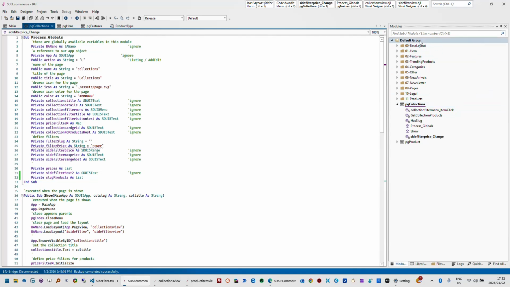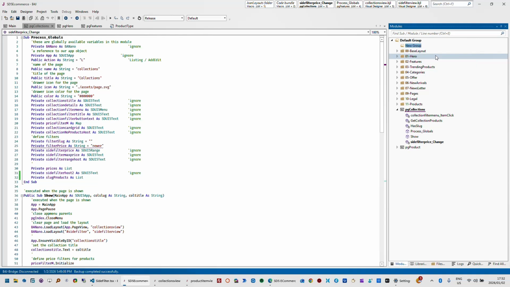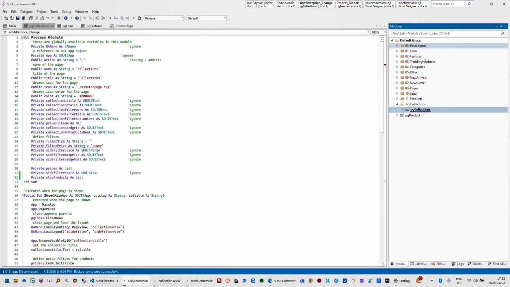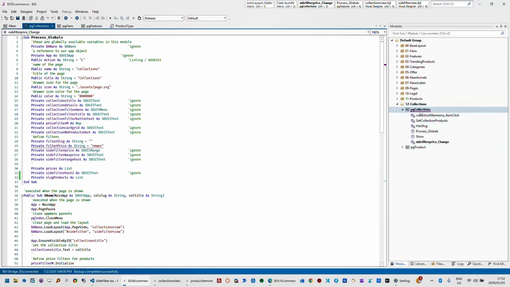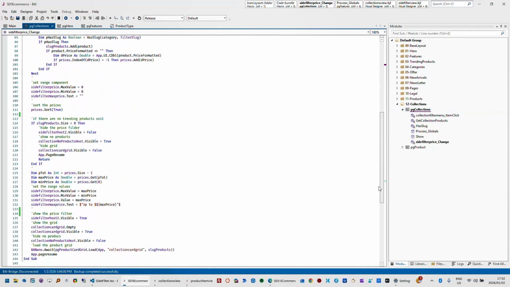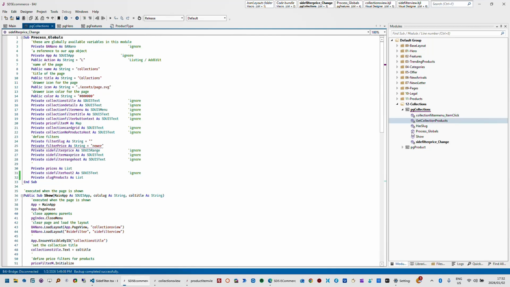So let me do this. Let me actually add a group here and call it 12 collections so that our code is actually structured in a good way. So I'm going to move this there, and then I'm going to move this here too. Collections, this is what it is here, and then the product,